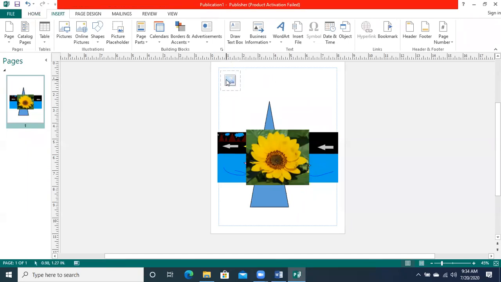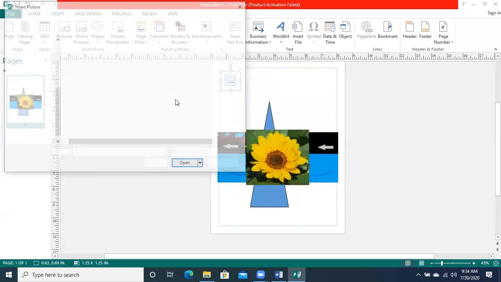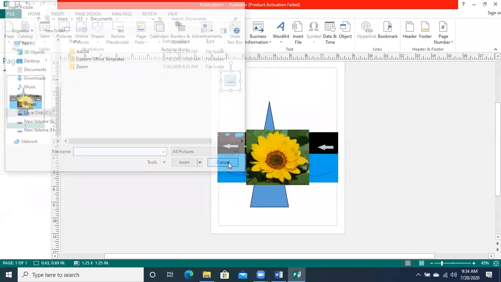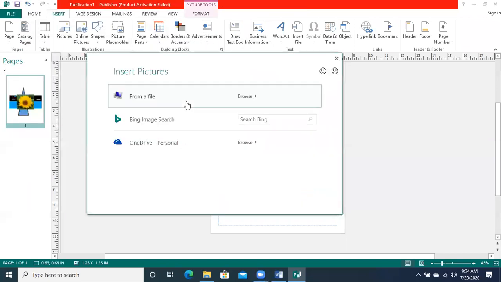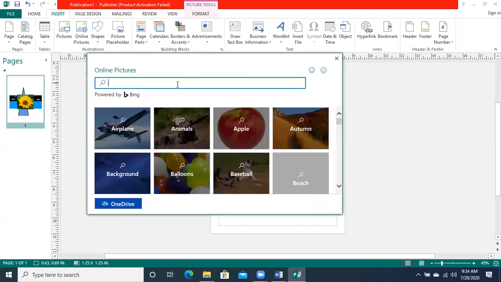But when I have the logo, I will click on it and bring it to my document. If it is on the computer, I will bring it from the computer. If it is in the Google search, I will bring it from there. Let's suppose it is in the Bing search, so I will go to the Bing search over here. I will mention, for example, computer logo.